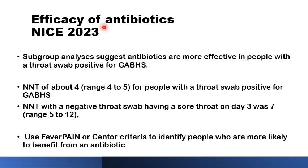On investigating whether antibiotics are more useful in some groups of patients than others, the meta-analysis of NICE 2023 showed that yes, antibiotics are obviously more effective if the patient has a group A beta-hemolytic strep positive throat swab. And that's the obvious thing. If they have the bacteria, then they are more responsive to the antibiotic than if they don't, when they would have to wait